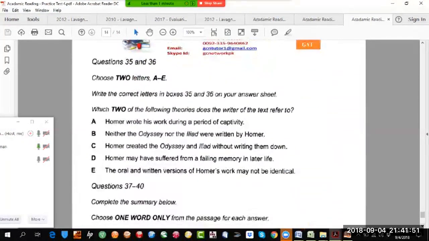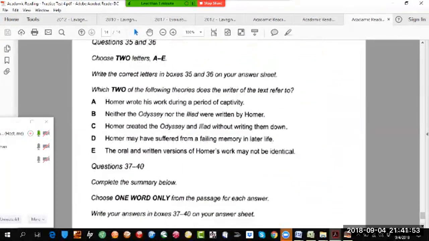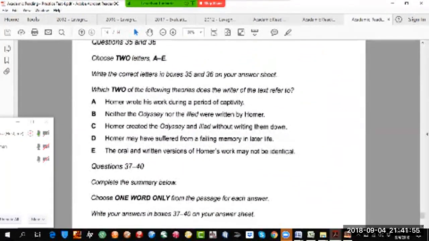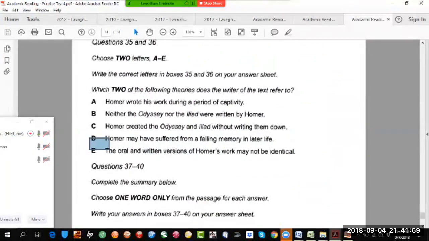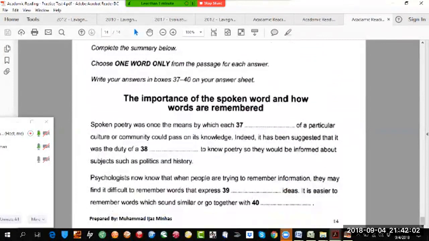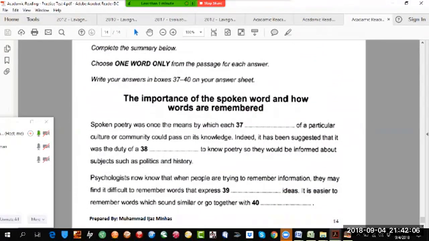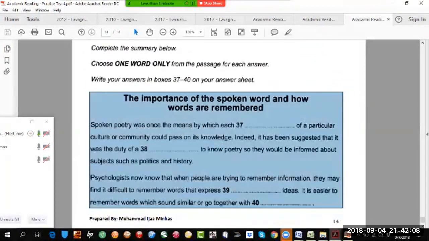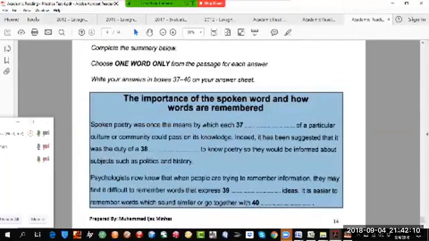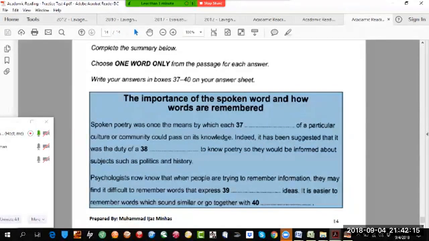And here again, there is a kind of question in which you can choose any 2 of these. And this last question contains fill in the blanks. So you cannot attempt these questions without reading the passage. So this question should be your first worry. In this case, what you can do is read the heading, the